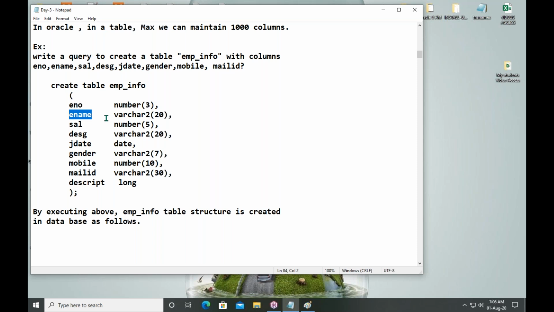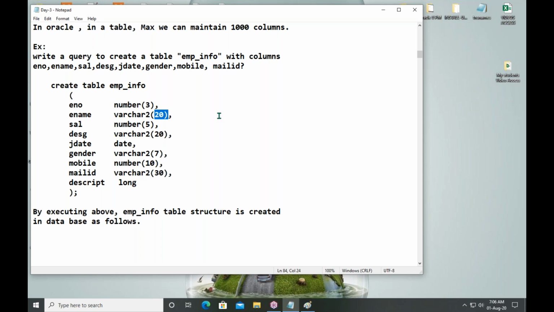Variable length means Ajay, 4 characters. Vijay, 5 characters. Venkat, 6 characters. So you can insert variable length character values. The maximum length of your value should be 20 characters only.